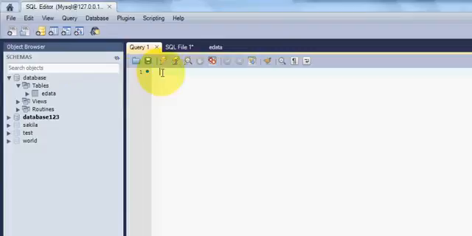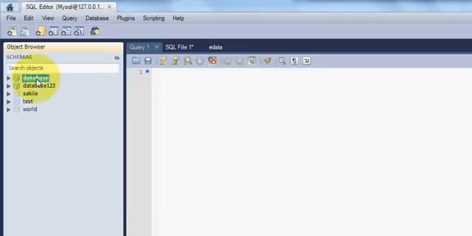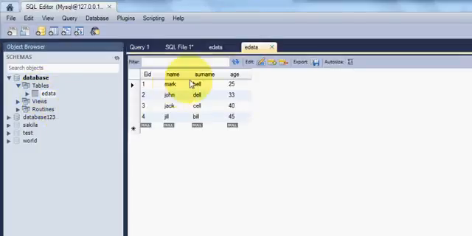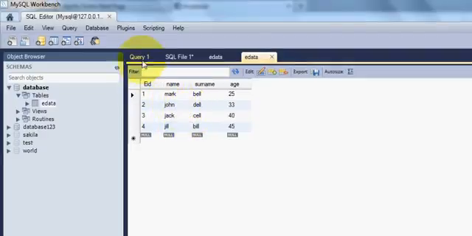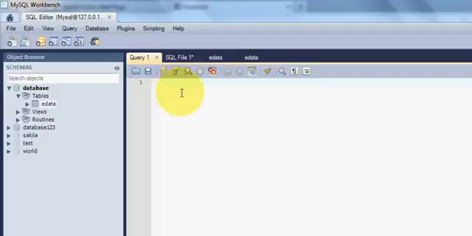So go to your query tab here, and for example I want to see this data from the table. So I want to see employee ID, name, surname and age, and these values also from my database. So how can I see with the help of query? Let's see. I will write